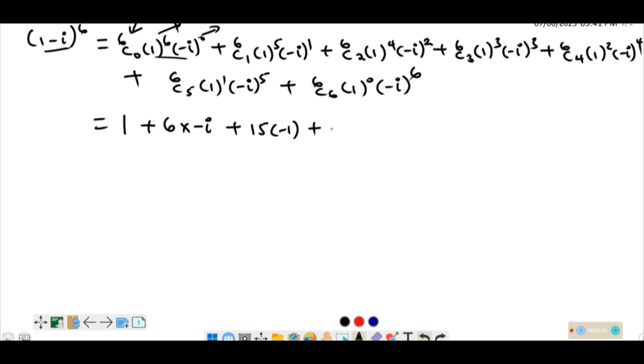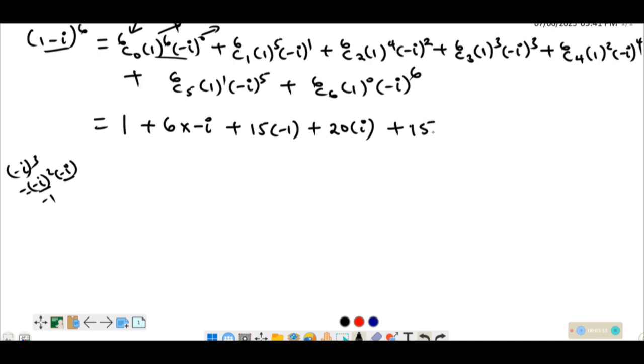6 combination 3 will give us 20. Then negative i, we are having negative i to the power 3. This is the same as negative i squared into negative i. And this is negative 1. So negative 1 times negative i will give us positive i. And then plus 6 combination 4 will be